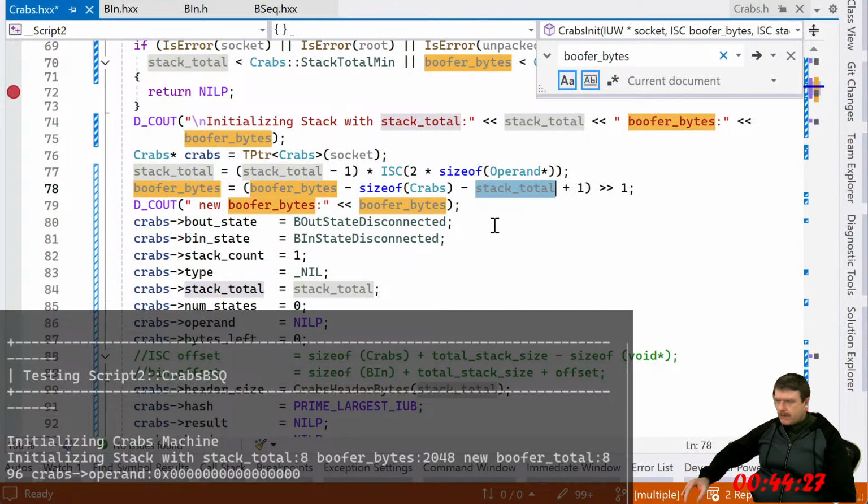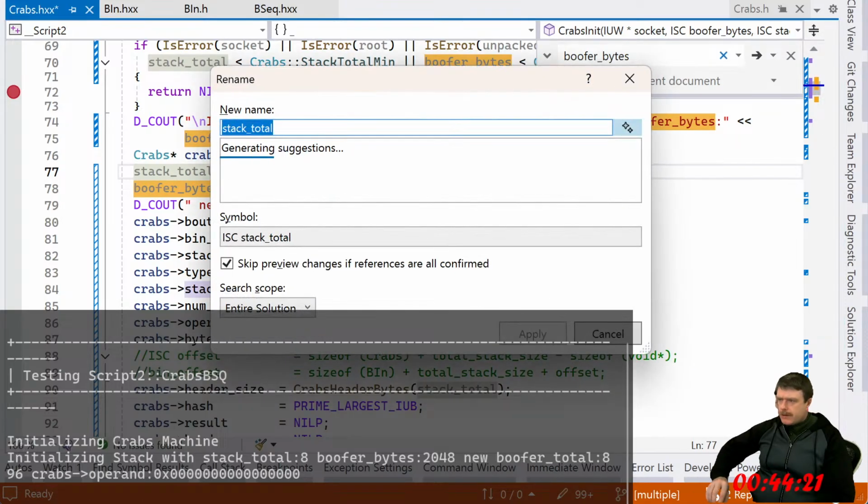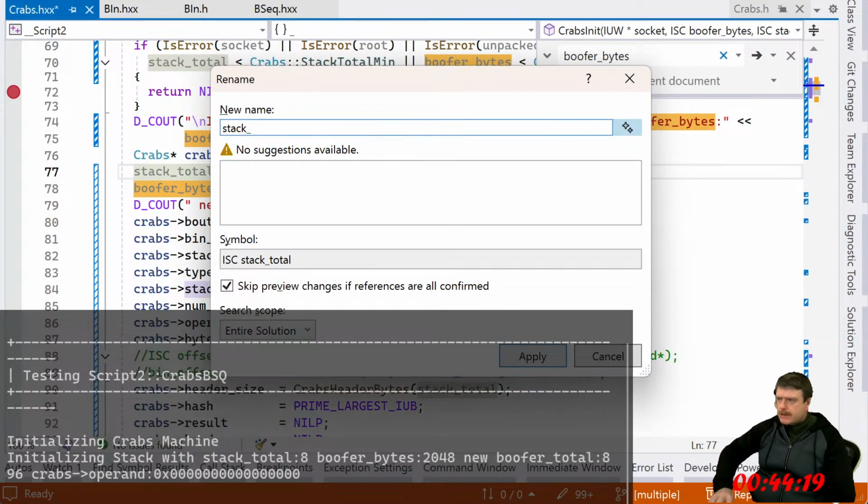Stack total. That's not really the correct terminology for this. This is the bytes.